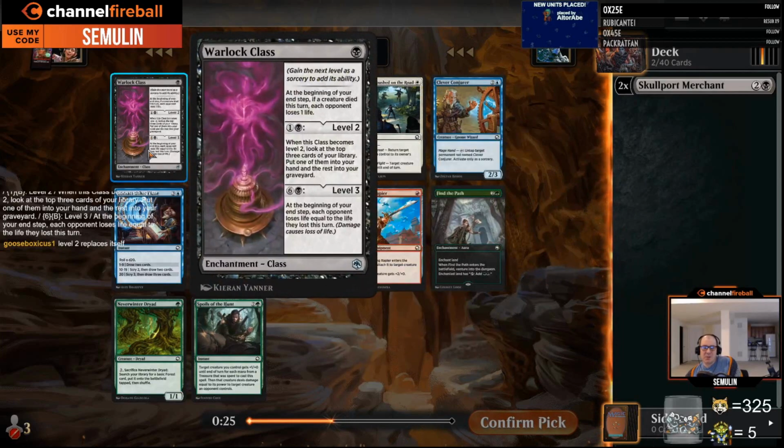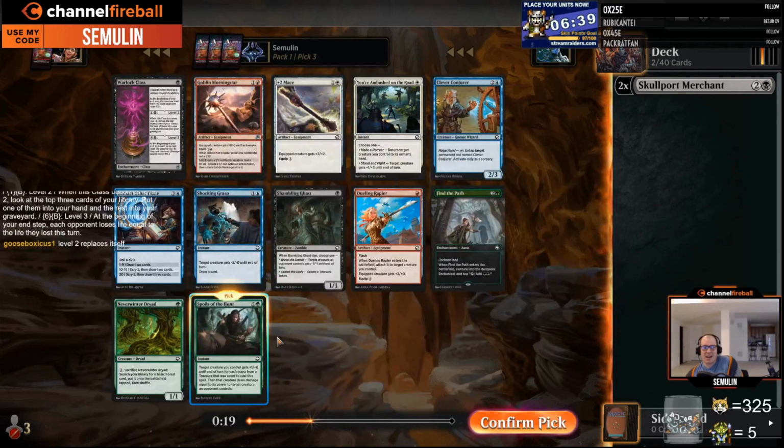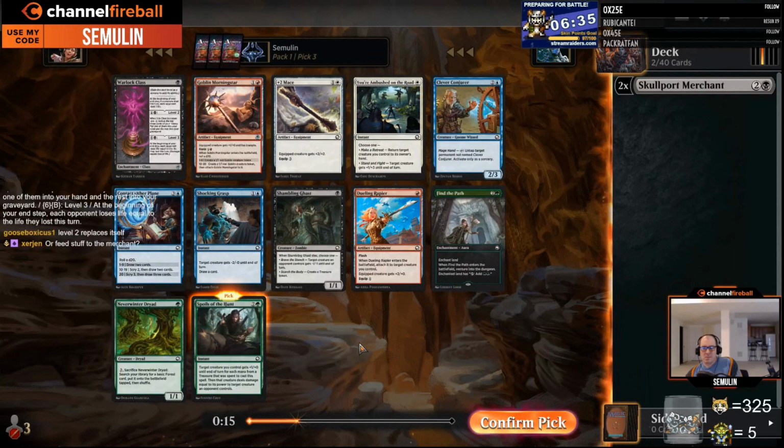It's sort of like your creatures get +1/+0 if they're unblocked. No, if you killed something, something dies. I'm not taking that. Yeah, or feed tokens to the Merchant, but I guess we could maybe do that if we got a lot of...